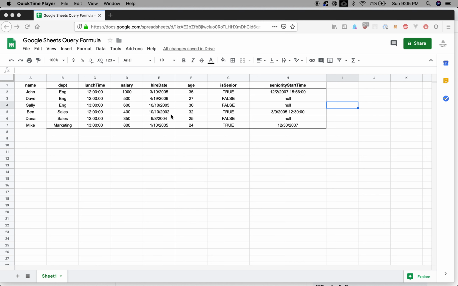What we're going to do now is use query as a way to answer really basic and really common questions about the data in our spreadsheets. This data looks like something you would find in an HR department. It has a list of names, places, the departments where they work, lunchtime, salary, and hiring date. Our first mission is to find the average age of all the employees at this company. And to do that, we'll go over here